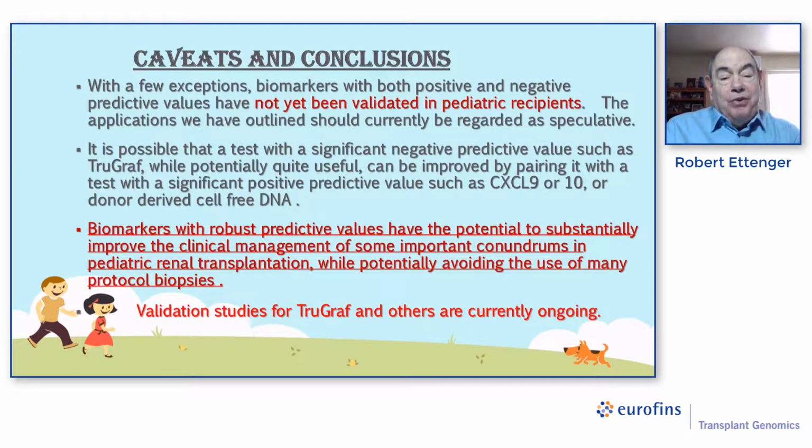These biomarkers can potentially avoid the use of many protocol biopsies, and probably in terms of proportionality, we have more of these patients proportionally than do adults in their clinic because of the reasons that I told you. Now, currently validation for TruGraf and others, including a few positive predictive value studies, are ongoing, not just with my group, but with a number of other groups. That ends my talk, and I want to thank you all very much for listening, and I'll be glad to